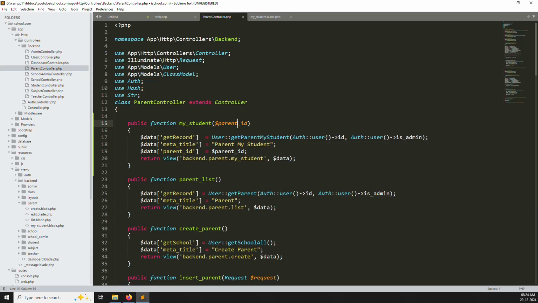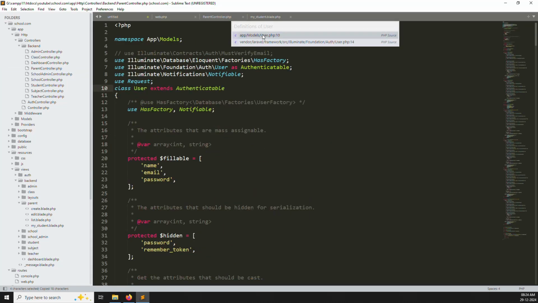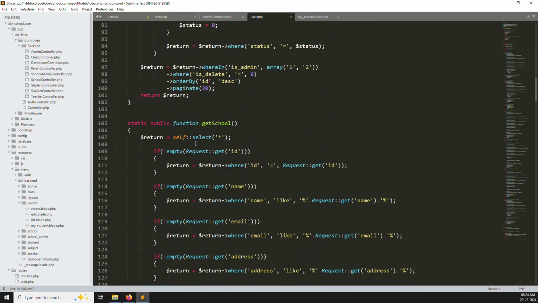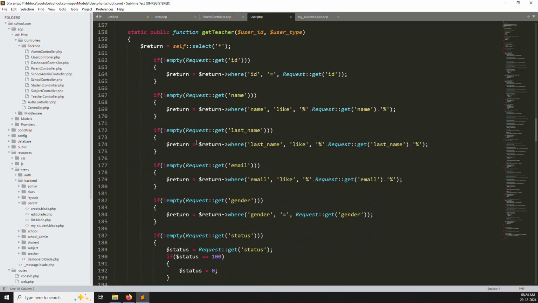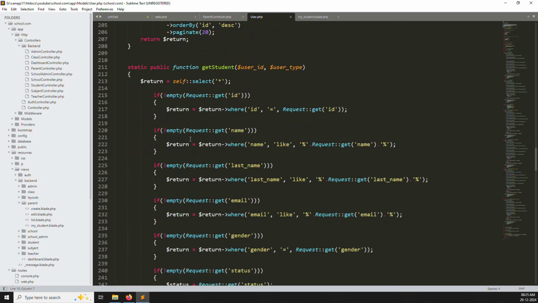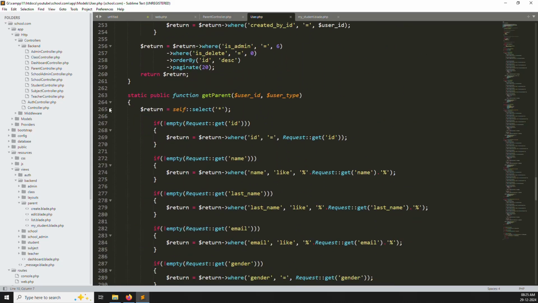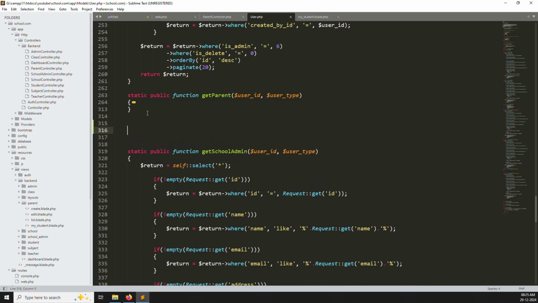and here you can pass a parent ID. We don't want to pass any other ID, we just need a parent ID, because this parent is against the student there that we need. Go to the users model, and inside you can see my parents, you just copy it, otherwise get teacher, whatever you want, you can copy, but I think I copy my parents and put it here,